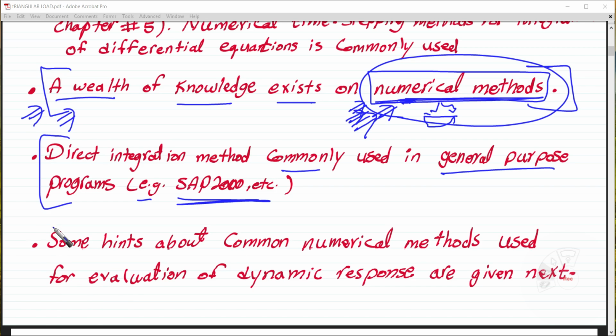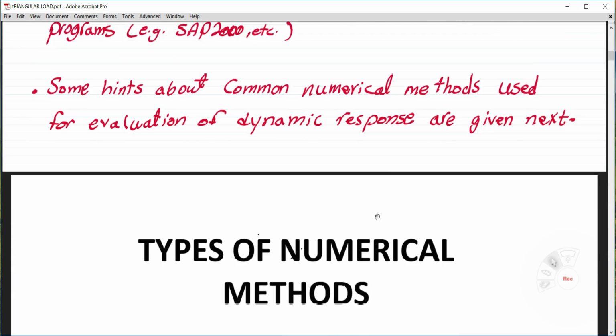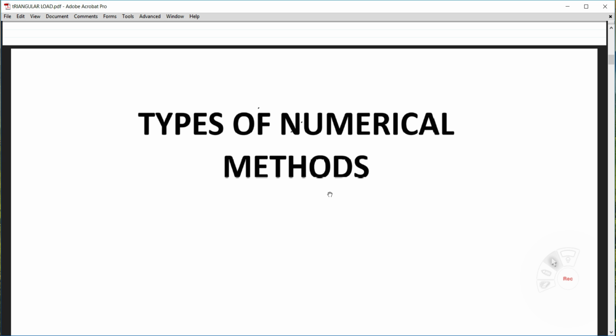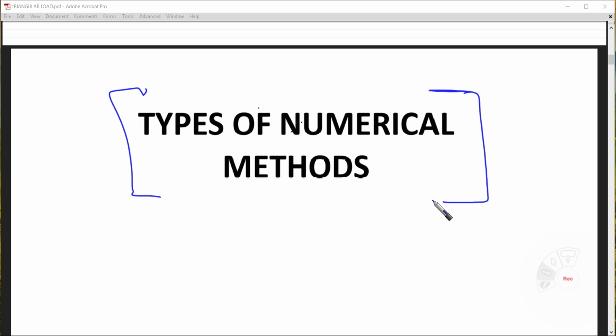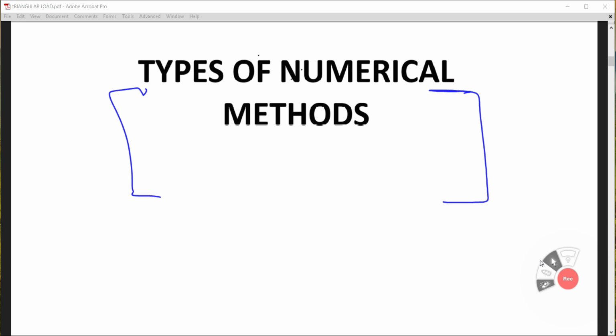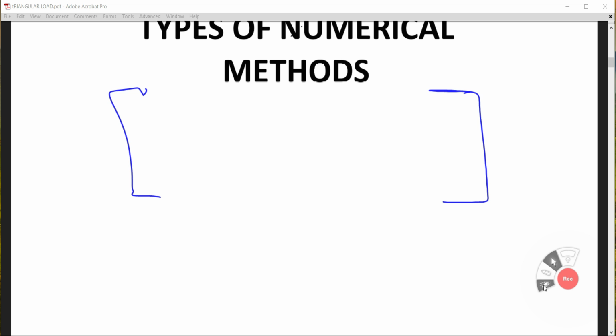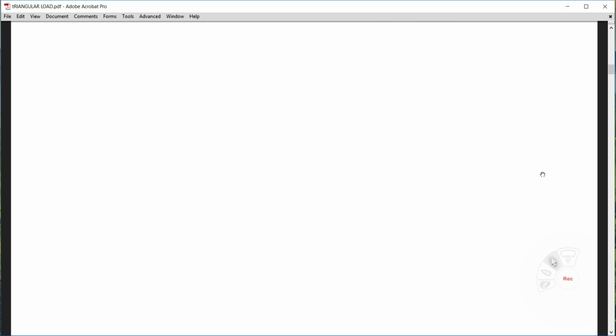And in the next slide, I'm going to give some hints about common numerical methods used for evaluation of dynamic response. Okay, so let's go to the next slide. As I said, I'm going to talk about the types of numerical methods. Only one slide. I'm not going to give a lot of time for it. It's only for us to understand more about